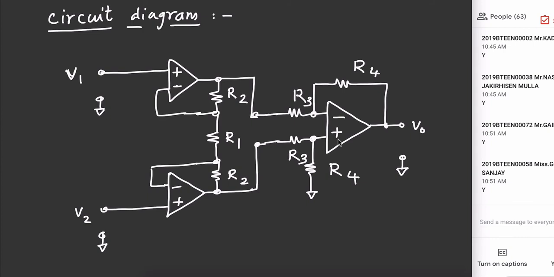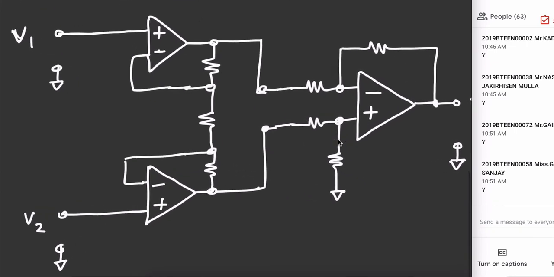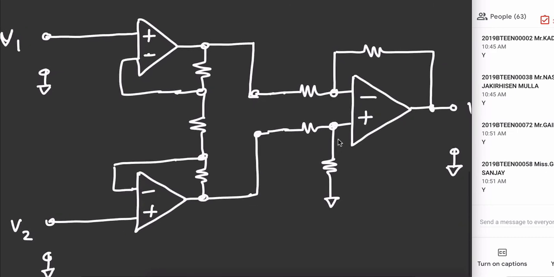Fine. So for time being, what I will do is I will rub out certain things because I need some space for drawing the currents. Okay. I'll check if I have space. Yes, I think I have some space. Fine.